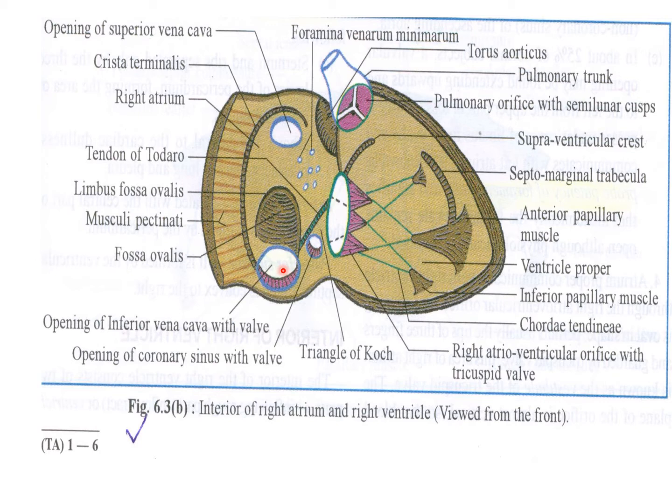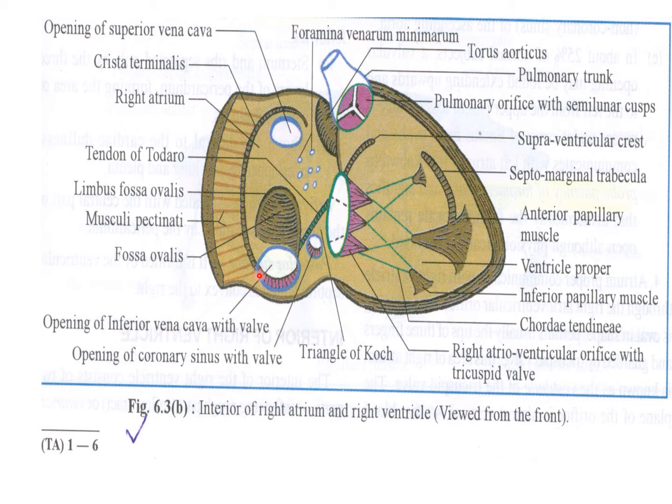It is attached by its convex margin to the anterior wall of the opening. Its concave free margin projects into the atrium and presents a right and left horn. The right horn is continuous with the lower end of the crista terminalis. So here there are two horns. The right horn is continuous with the crista terminalis. So this portion is the crista terminalis.